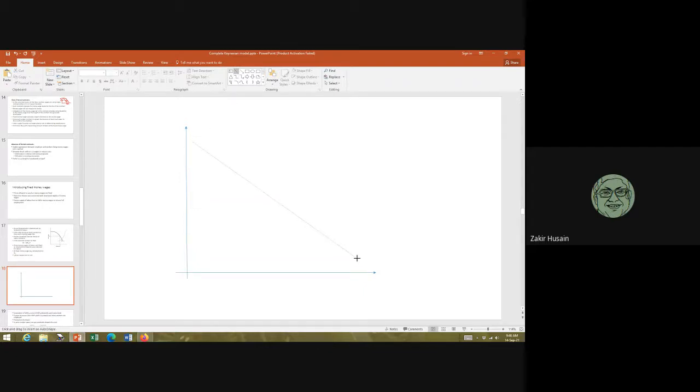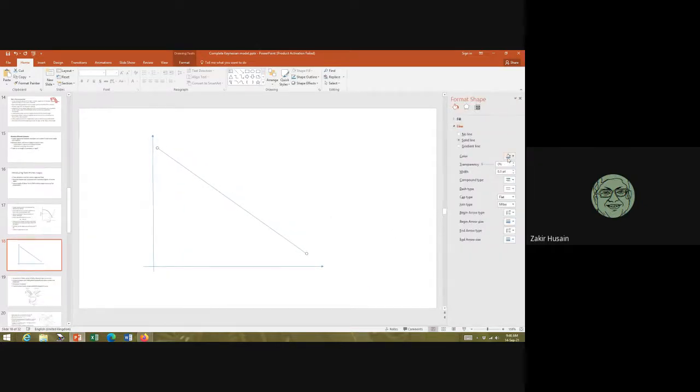I'm just assuming that the marginal product curve is a straight line. I'm doing it just for convenience of drawing. Obviously it should be a curve, but